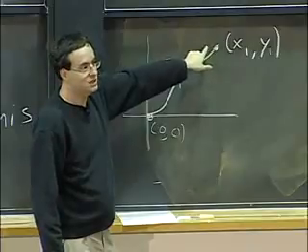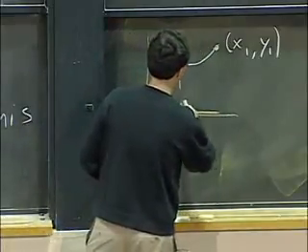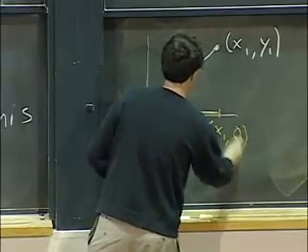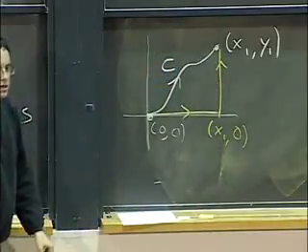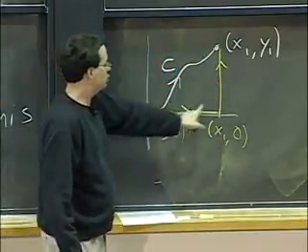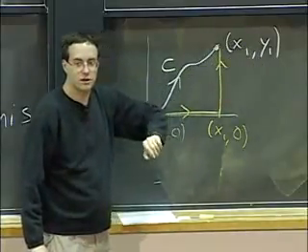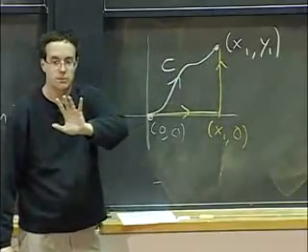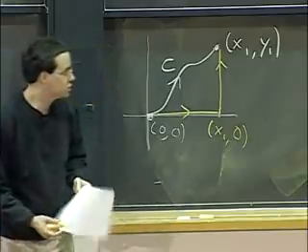But in fact, there's even easier. The easiest of all, probably, is to just go first along the x-axis to x1, 0, and then go up parallel to the y-axis. Why is that easy? Well, that's because when we do the line integral, it becomes m dx plus n dy, and then on each of these pieces, one half just goes away because x or y is constant.